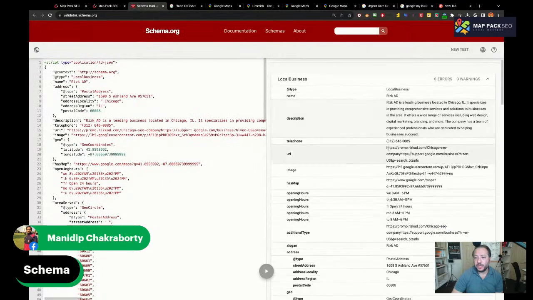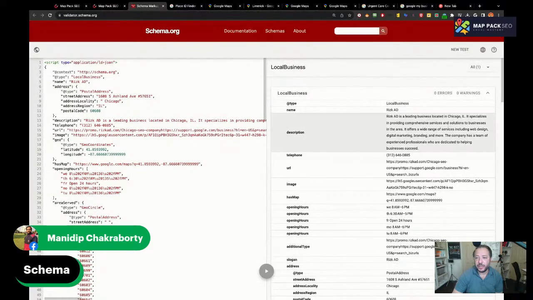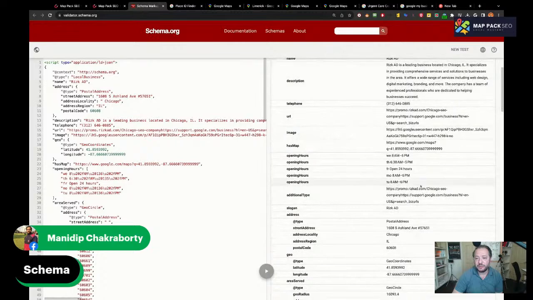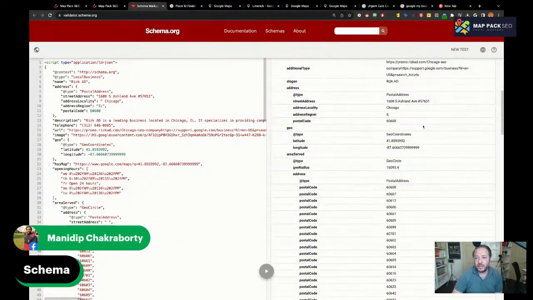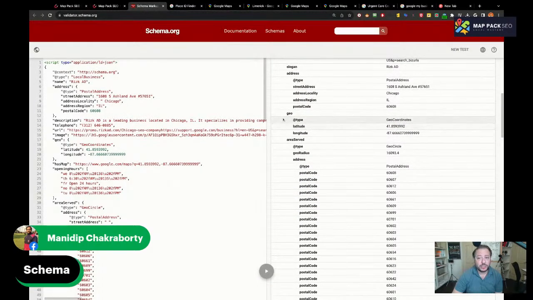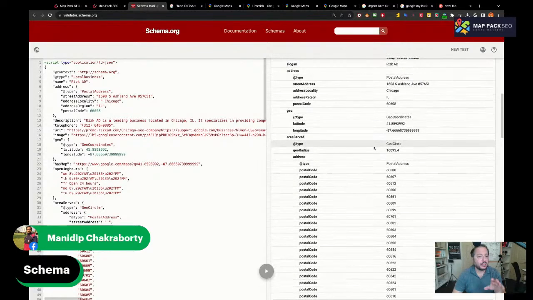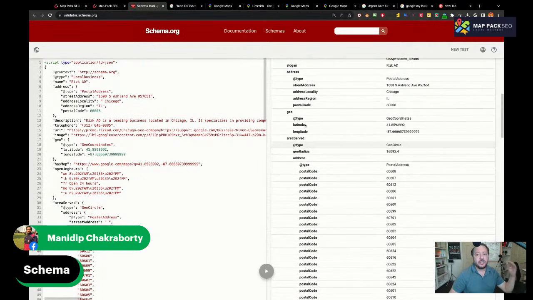And we'll open it up, where this is the schema markup. It has the description, business name, the address, the hours, the geo coordinate. It's very important to put your geo coordinate in there for local SEO, and the geo circle. This is one of the reasons this is like the ultimate local business schema, because it gives you the area served in a couple of things. The geo circle is basically the circle that you service, and that's from the input that you put. If you put 5 miles,